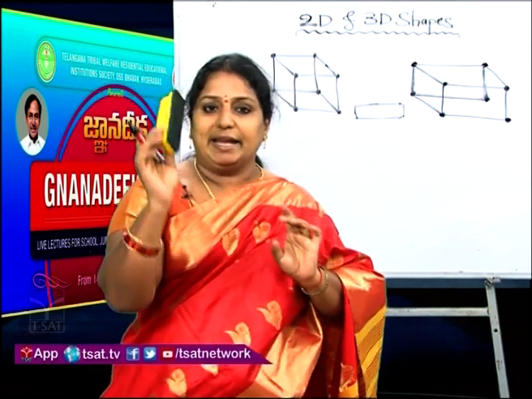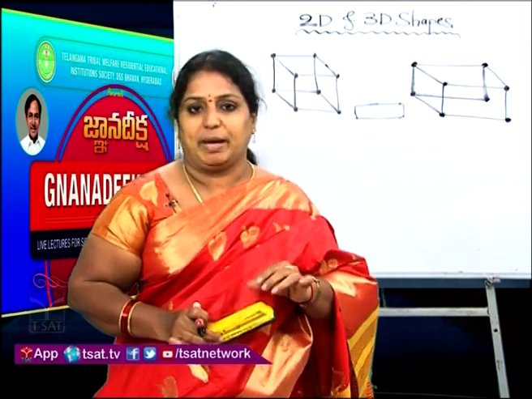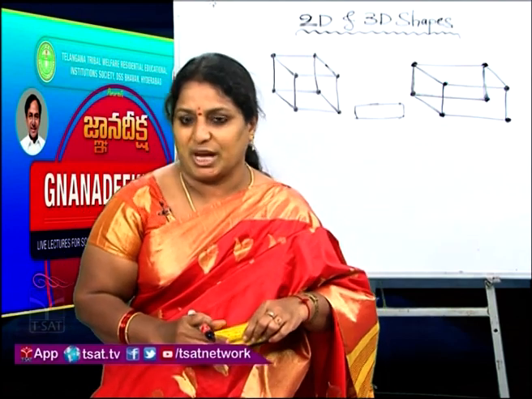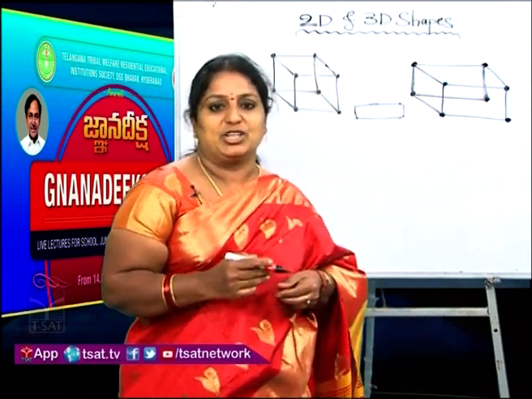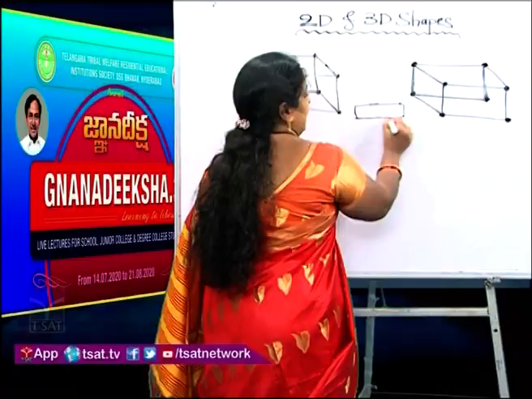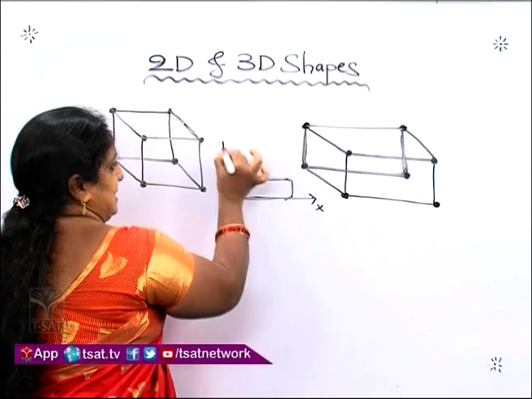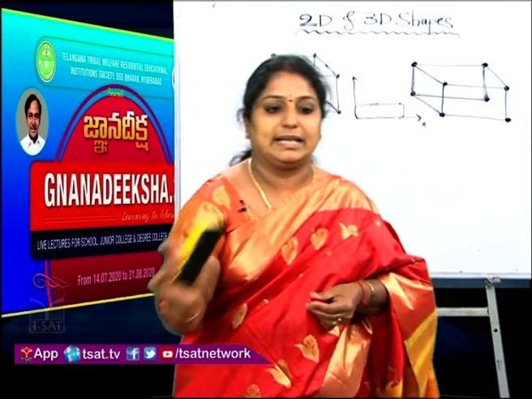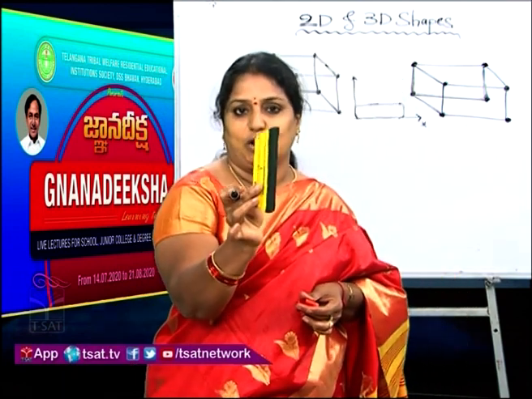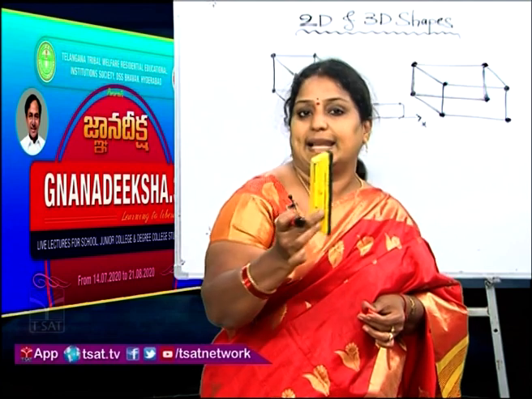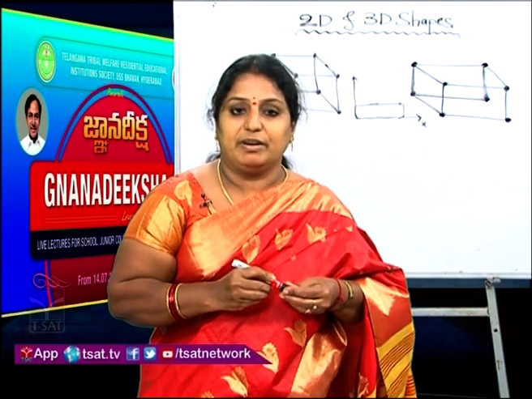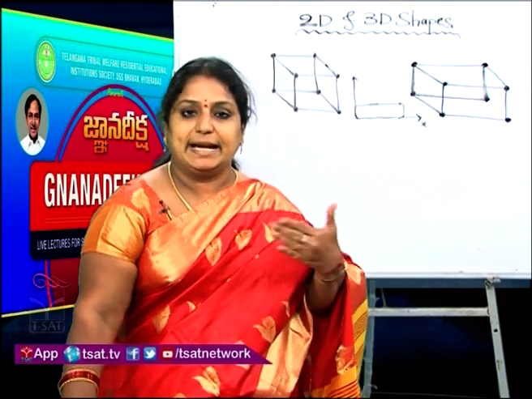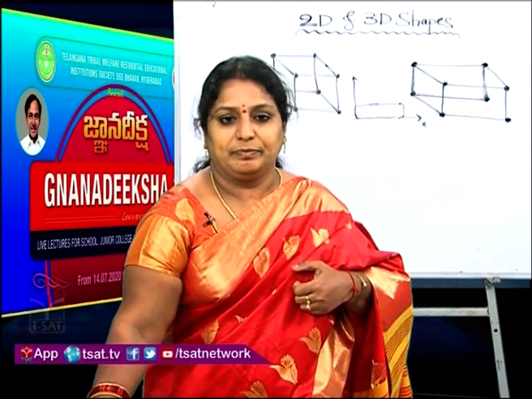It means any object when we trace on a piece of paper, that shape belongs to 2D shapes. Then what does D stand for here? D stands for dimension. Any 2D shape contains two dimensions, that is the x-axis and y-axis. All these objects are considered three-dimensional objects, which contain three dimensions: length, breadth and height. That we are going to discuss in the next slide. So whenever we trace any object, what type of shape do we get, 2D or 3D? It is a two-dimensional shape.